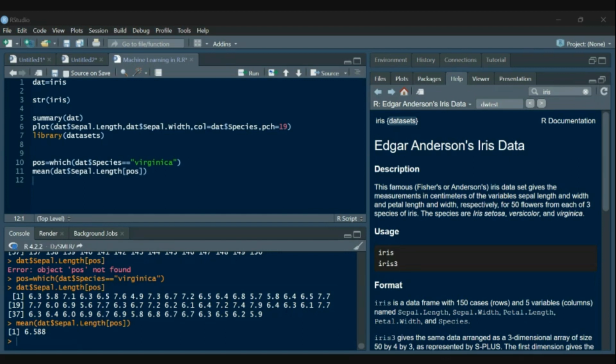Are these two lines clear to each and every person right here? I hope you're able to do it for Setosa or Versicolor as well.